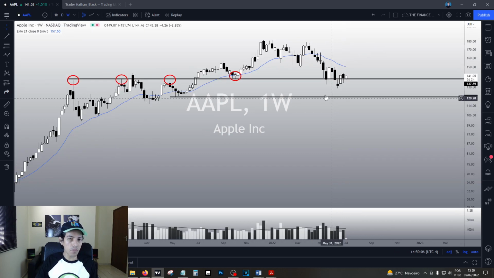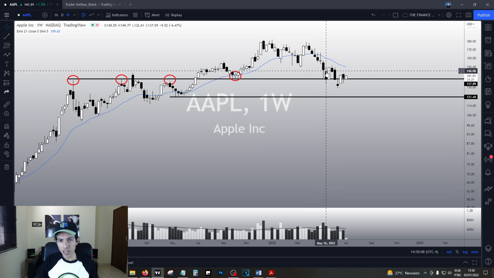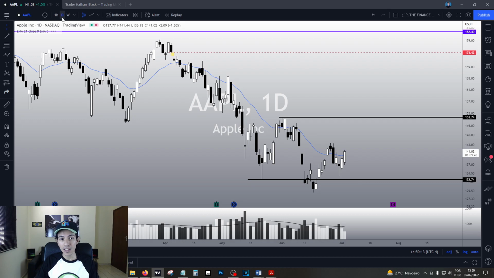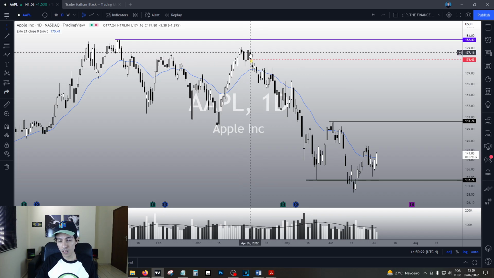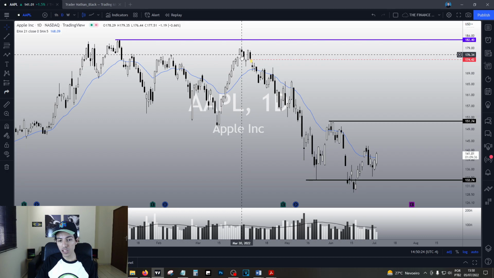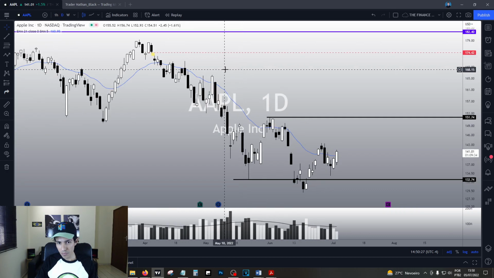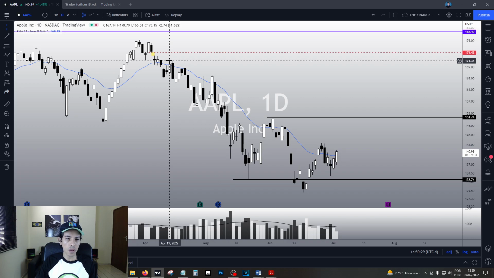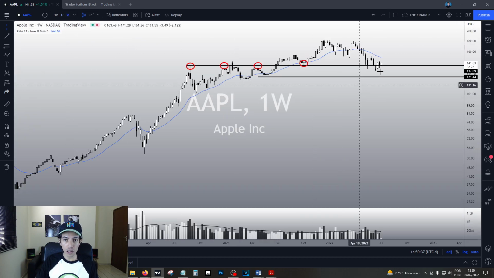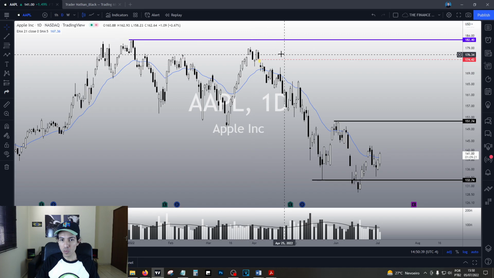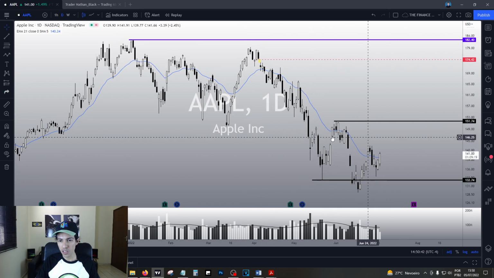However, in the midterm, as you can see over here, we are dropping, okay? Apple is indeed dropping. And if you analyze the daily chart, in the midterm, yes, we are doing lower highs, lower lows, clearly lower highs, lower lows since March 2022. So it is a midterm bear trend over here. We are dropping consistently. However, this still didn't affect the long-term trend. So it seems to be a secondary bear trend over here.